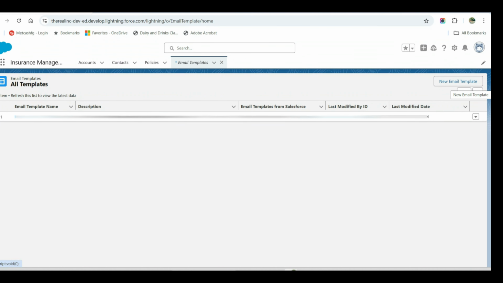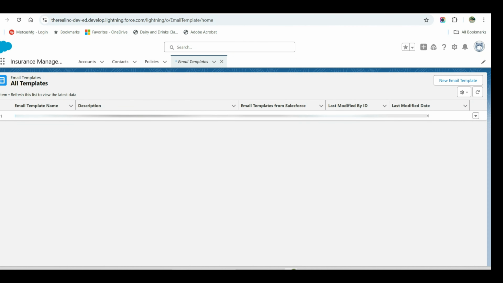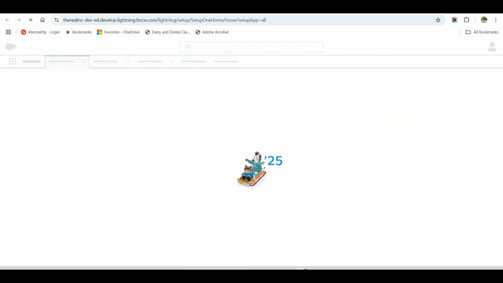So before we create a new email template in Salesforce, first we will have to create a folder in which the email template will reside. So remember, the sharing of the email template is governed by the folder in which it is residing. So right now, I cannot see any button for creating an email template folder because it needs to be enabled from the setup. So just quickly navigate to the setup